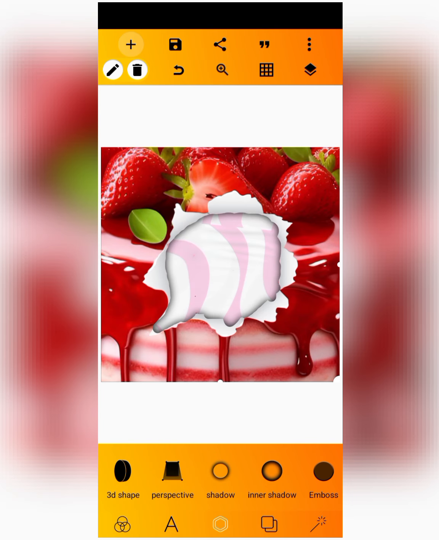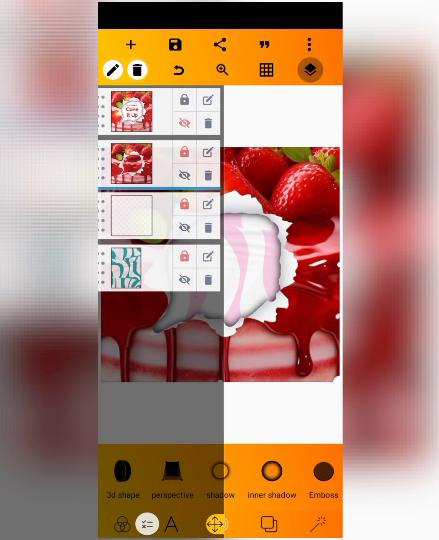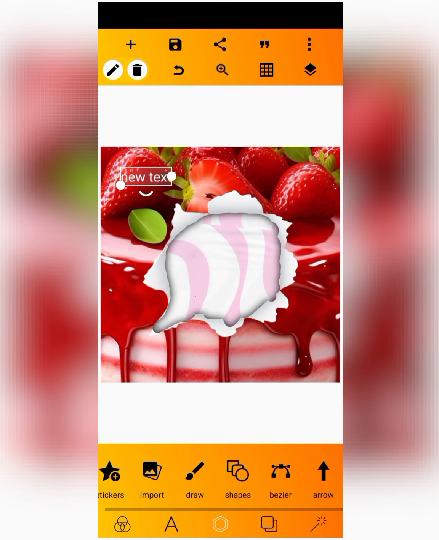Leave it at 20. Now, next for the next part of the flyer, I'll just rush through it, which is the name. I just wrote Beauty Cakes design. The cake, Beauty Cakes, Cake It Up. Then the call to action, which is the social media pages of the client. So what do you do? You write it there. For that Beauty Cakes,